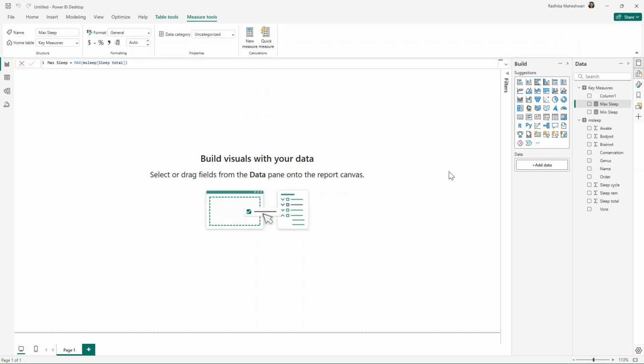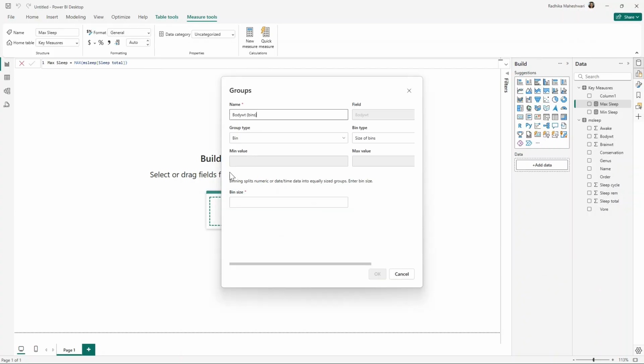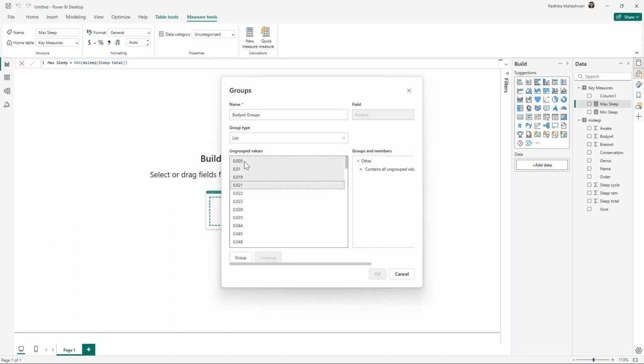Now we need to group animals into four different categories according to their body weight. So first will be small, then medium, then large, and then extra large. For that, I will right click on body weight and then click on new group. Now we can't do it via bins because it doesn't allow us to divide these animals into four different groups. So what I'll do is I'll rename this as groups, and I'll do it via list, and I'm going to combine all the animals till their weight is 100 kg into the first group,